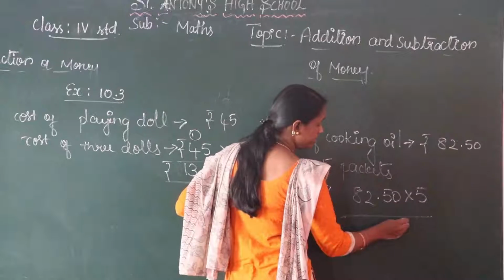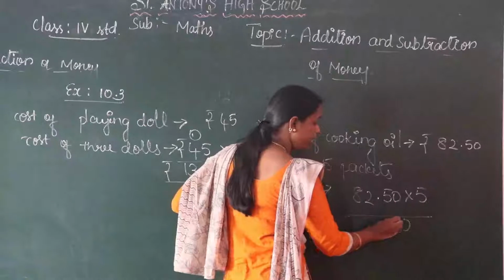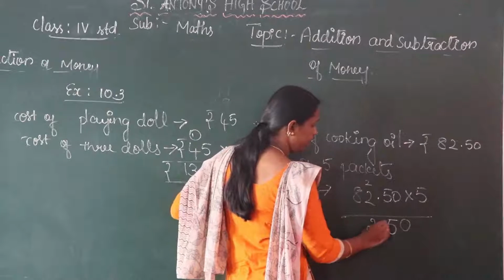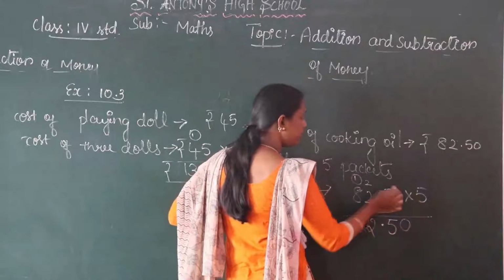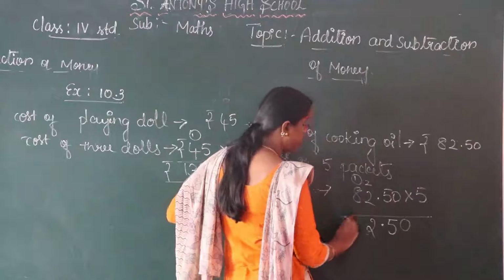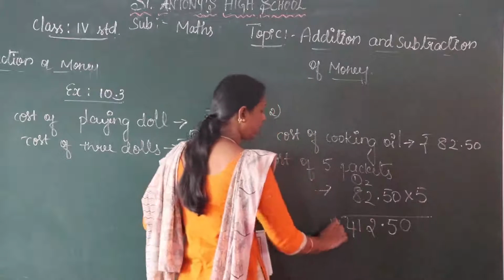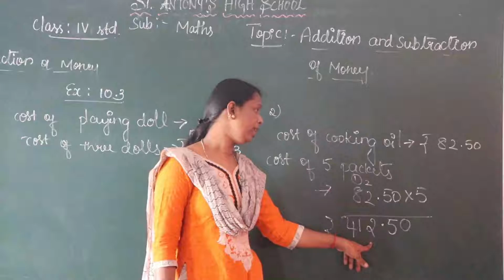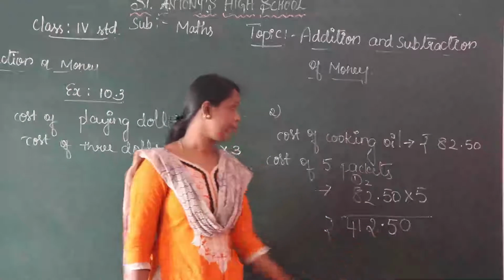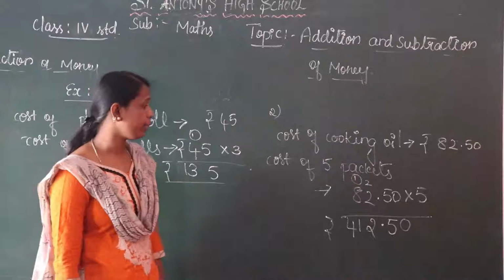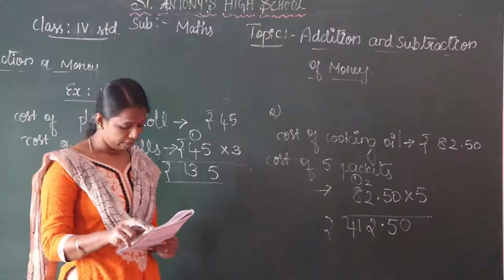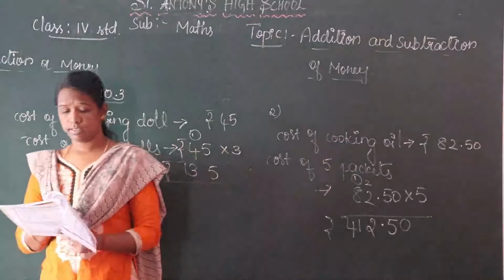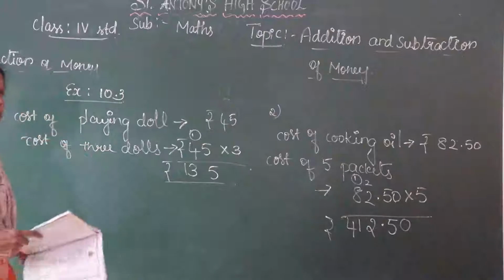5 zeros are how much? 0. 5 5s are 25. Write down 5 here, 2 carry. 5 2s are 10. 10 plus 2, 12. Again 1 carry. 5 8s are how much? 40. 40 plus 1, 41. So the cost of 5 packets of cooking oil is rupees 412.50 paisa. Clear, children? 412 rupees 50 paisa. Like that we have to calculate the sums. Okay. Next class we will discuss about